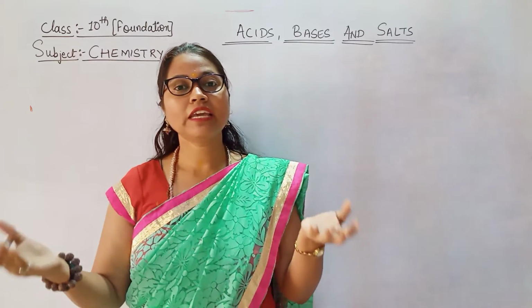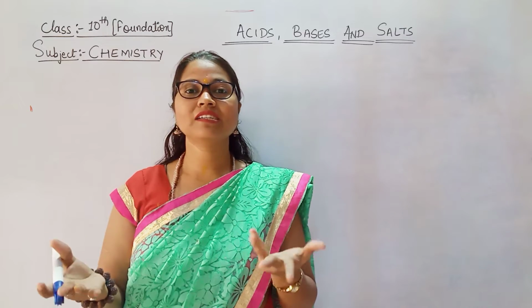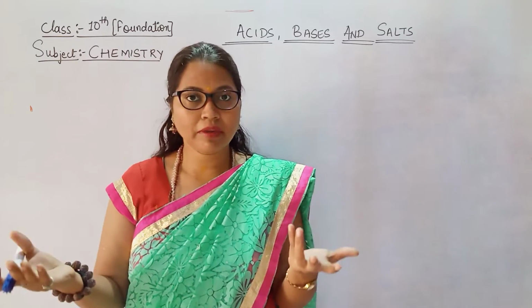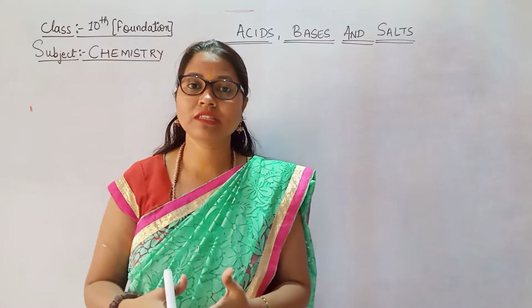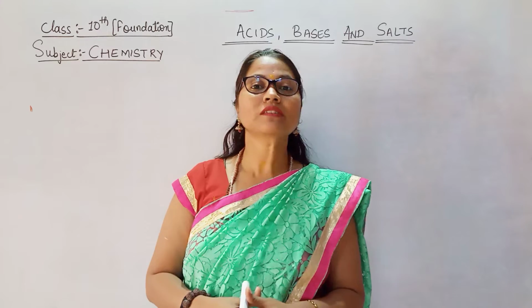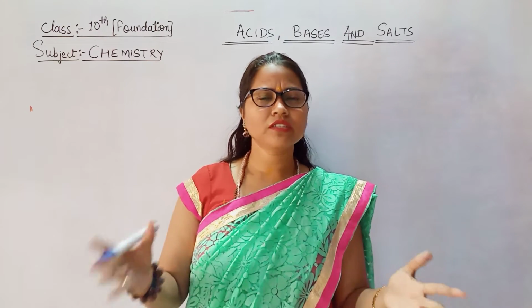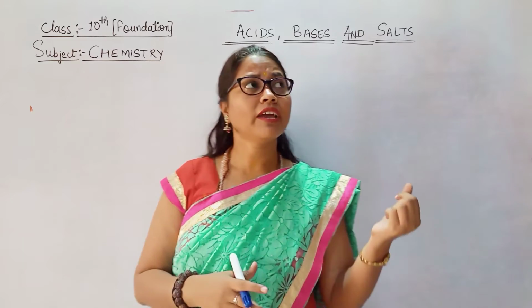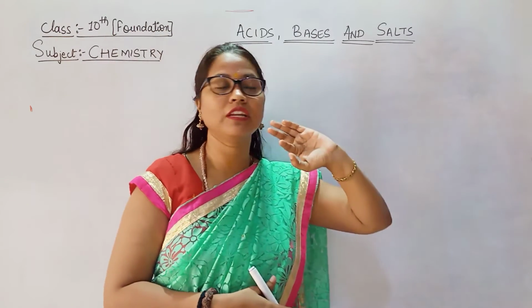Then we have seen the different types of acids, how these acids react, that is the chemical properties. Same way we have seen the bases, the common bases which we use, common acids which we use, different types of bases which we can see around us, right? And many more things in bases we have seen. Then we have seen salts. Regarding salts, we have seen the different types of salt, right?